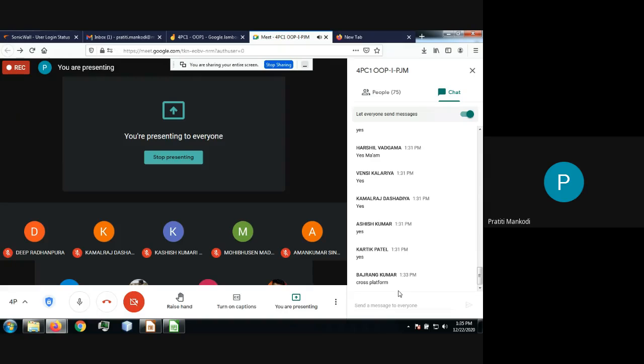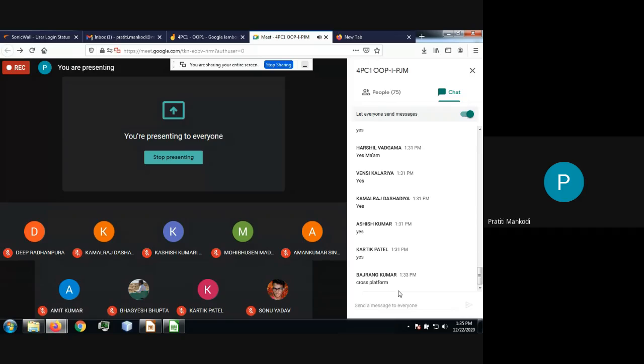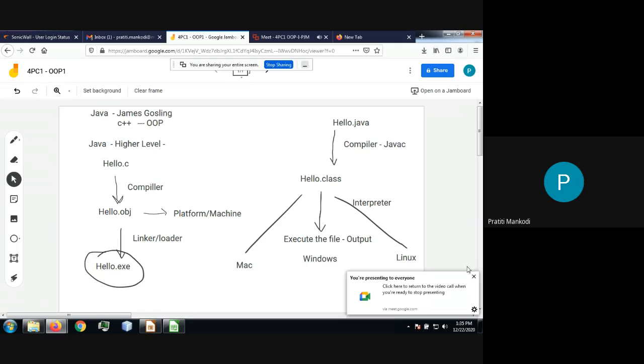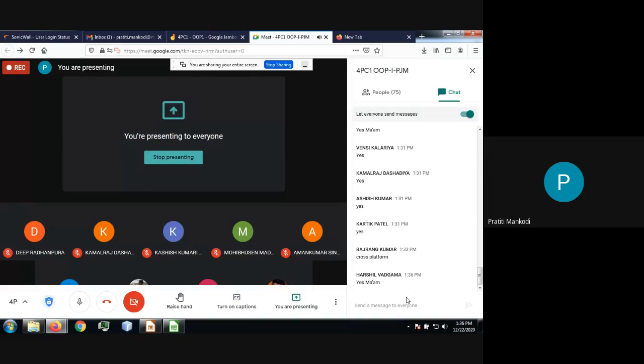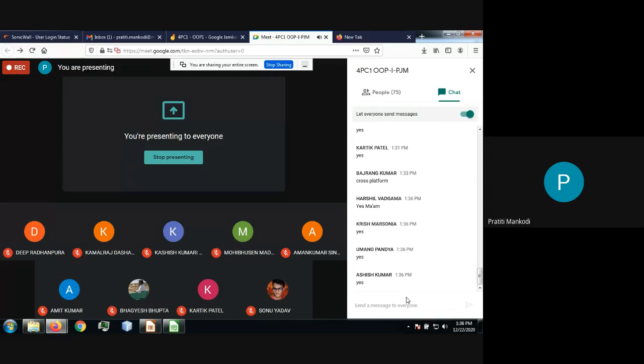यस, क्रॉस प्लेटफॉर्म, वेरी गुड बजरंग, इट इज अ क्रॉस प्लेटफॉर्म. यू कैन generate, you can execute it in any of the platform. Now अगर मैं बोलूं कि ये 3 अलग प्लेटफॉर्म है, तो उसका मतलब क्या हुआ कि इन तीनों की वर्किंग स्टाइल अलग है. Agree or not? When I say it's a 3 different platforms, that is true कि मैक जैसे वर्क करता है वो विंडोज से अलग है, विंडोज जैसे वर्क कर रहा है वो लिनक्स से अलग है,